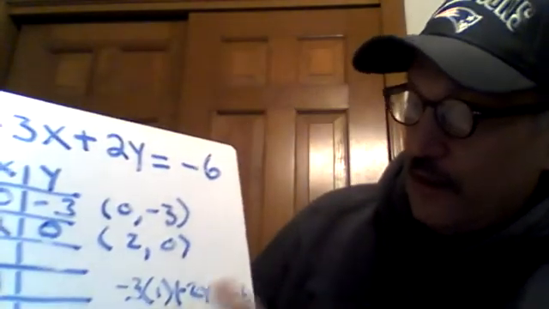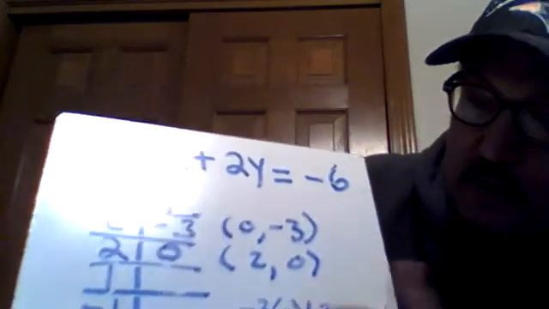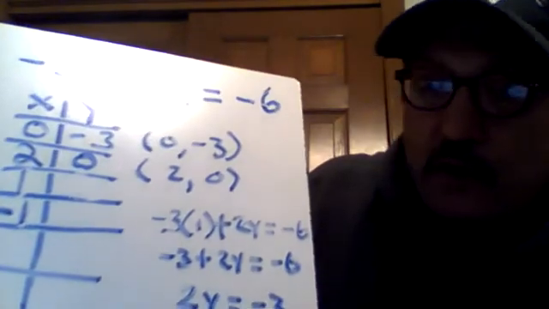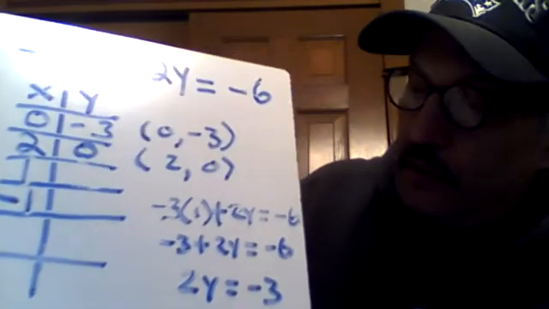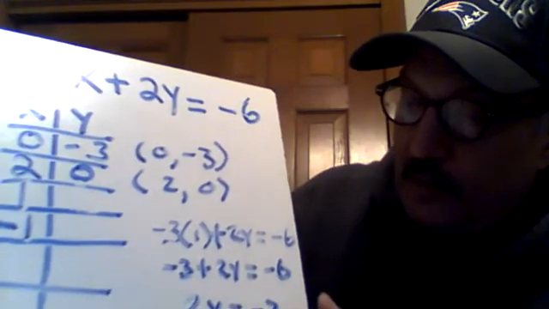Now we're going to add 3 to each side and get 2y equals -3. I didn't show the +3 here and +3 here, but there's the next step, right? 2y equals -3. And the final step is to divide each side by 2. Dividing by 2 here will isolate the y. Dividing by 2 over here gives us y equals